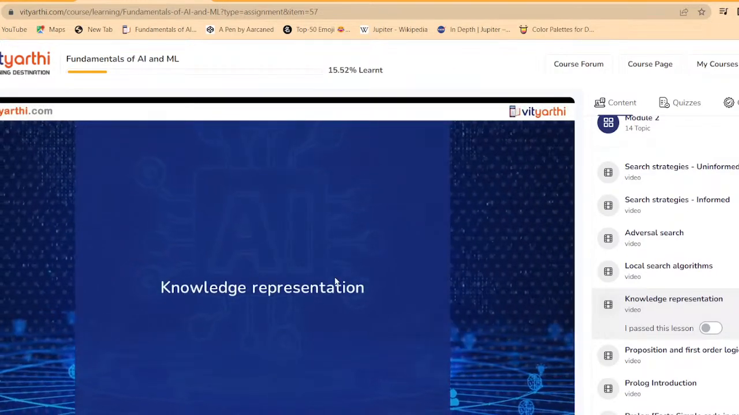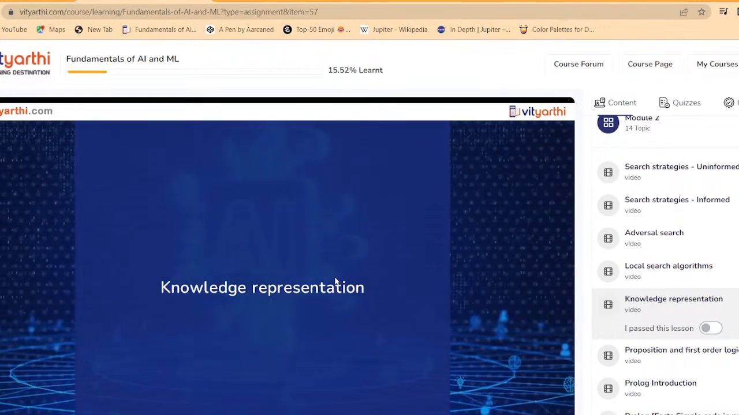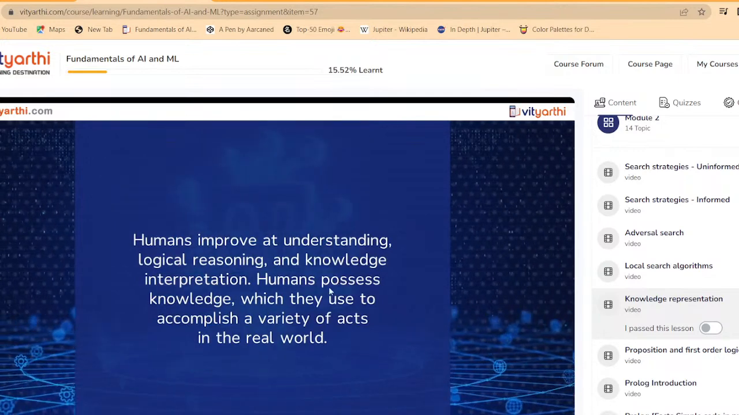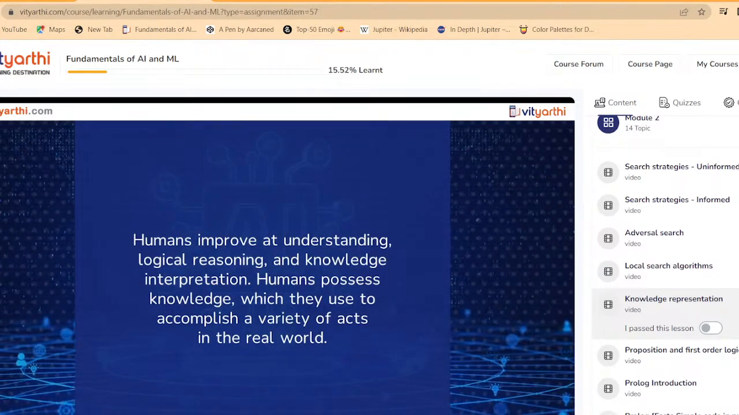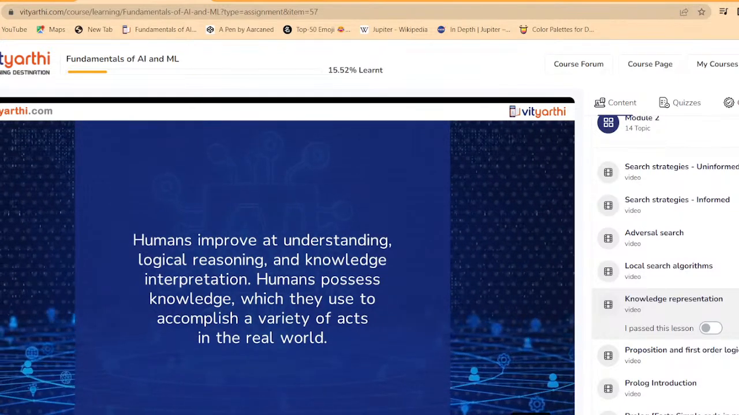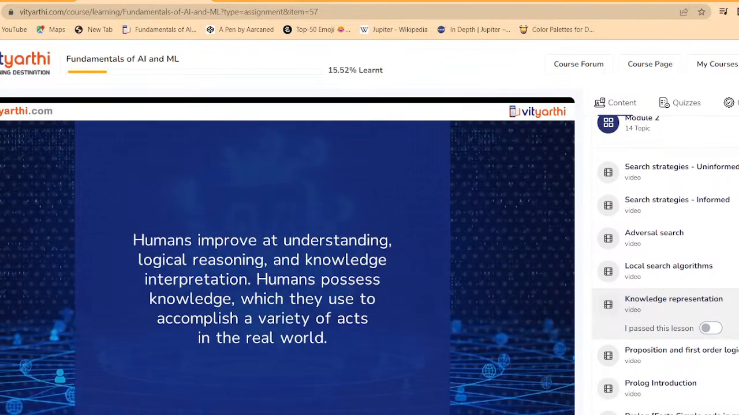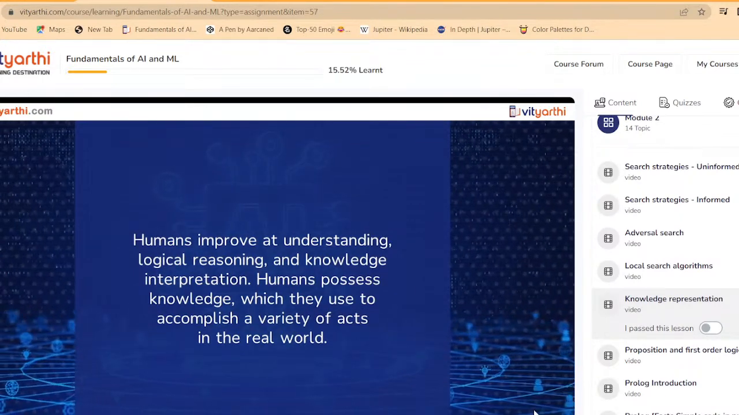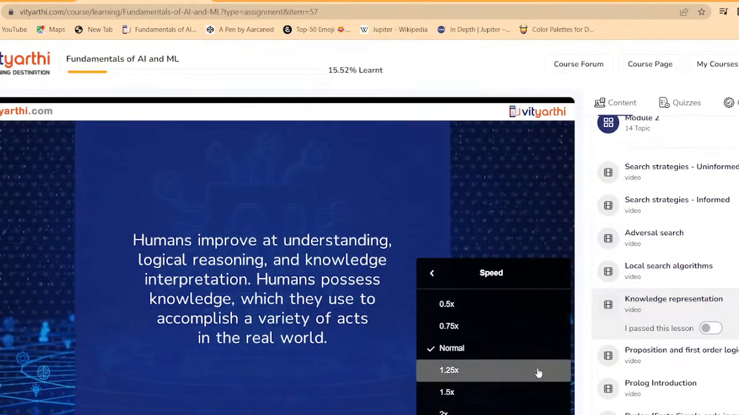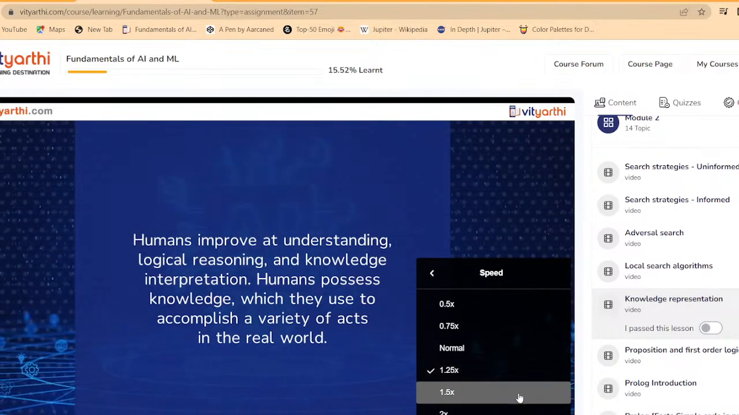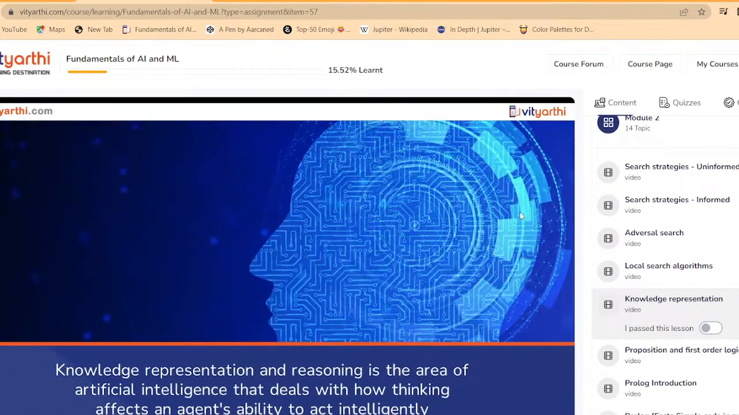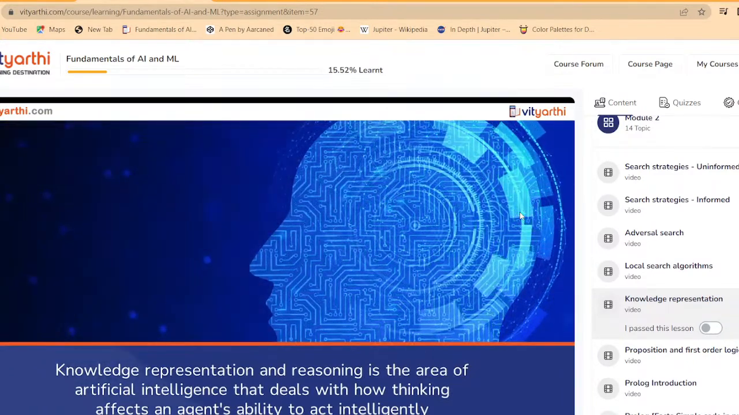Hello everyone. In this session, we are going to see about knowledge representation. Humans are good at understanding, logical reasoning, and knowledge interpretation. Humans possess knowledge which they use to accomplish a variety of acts in the real world. However, knowledge representation and reasoning deals with how machines carry out all these tasks. As a result, knowledge representation can be defined as an area of artificial intelligence that deals with how thinking affects an agent's ability to